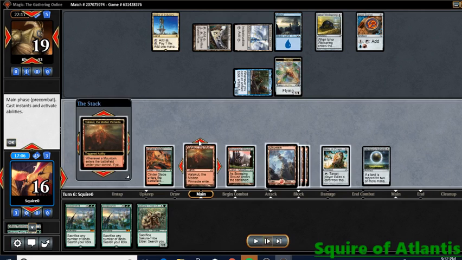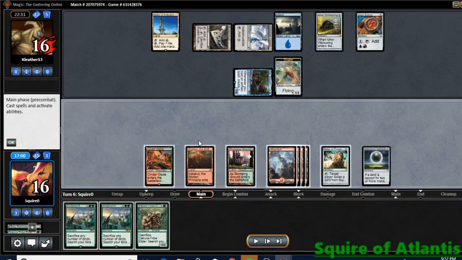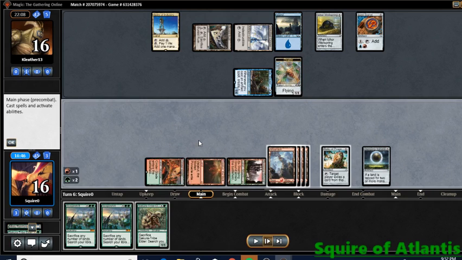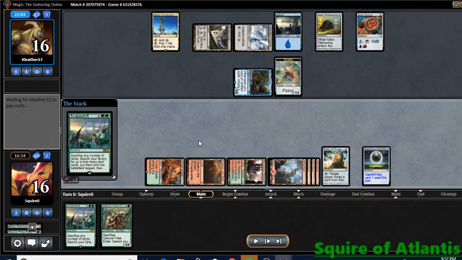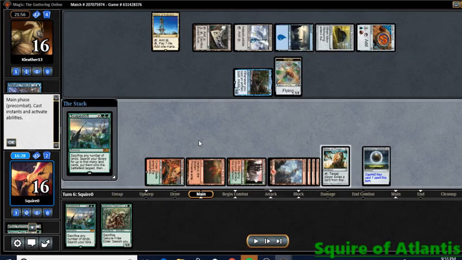I'm gonna bolt him once with my Valakut trigger. And I'm just gonna go for Scapeshift. I'm just gonna tap everything. Go for Scapeshift. And he tries to Metallic Rebuke. And I have enough mana in my mana pool to pay for it. So Scapeshift, he was going to let Scapeshift